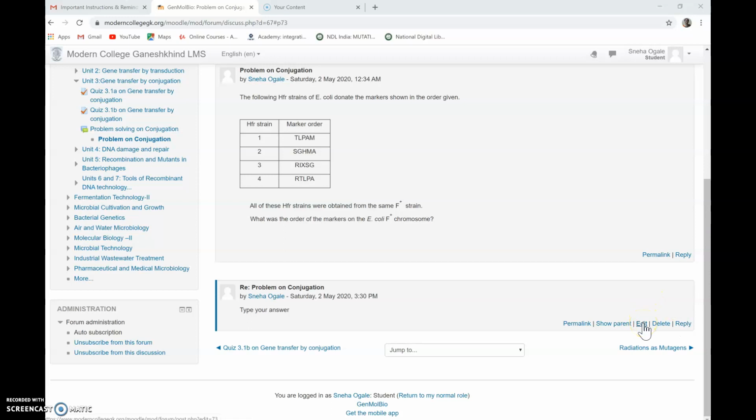If you want to change your answer completely, you can delete your post and enter the correct answer and post it to the forum. In case other groups want to reply directly to my question, they can click on this reply option over here. What I want your students to do is go through other groups' answers as well as